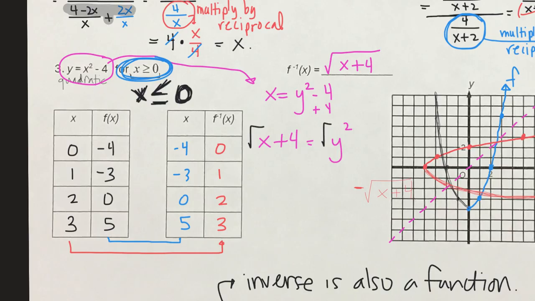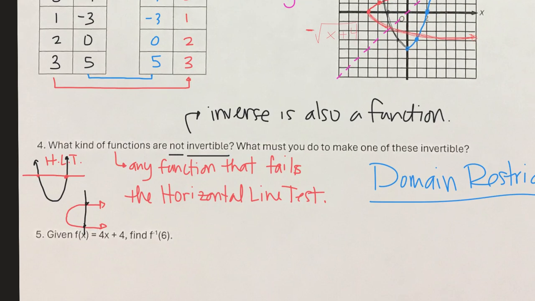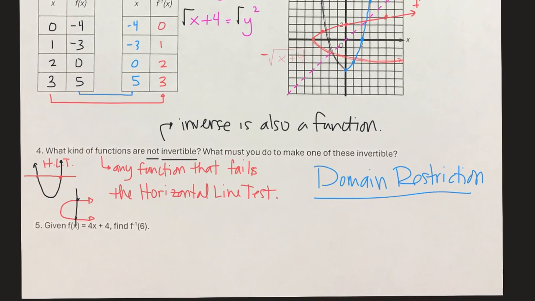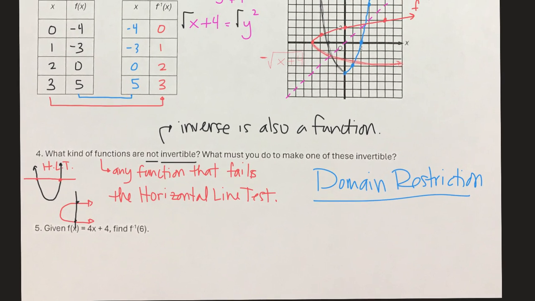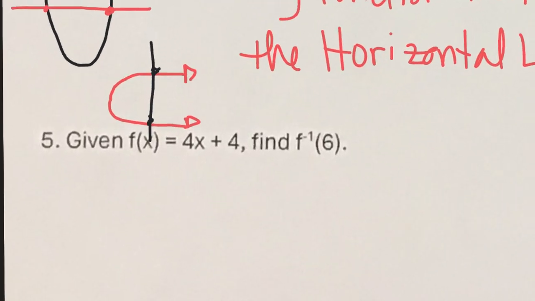Our inverse itself would not be a function. Okay, so that is a conceptual understanding that if you want to have a function be invertible and it's a quadratic, then you have to do something with its domain. Okay, one last thing about